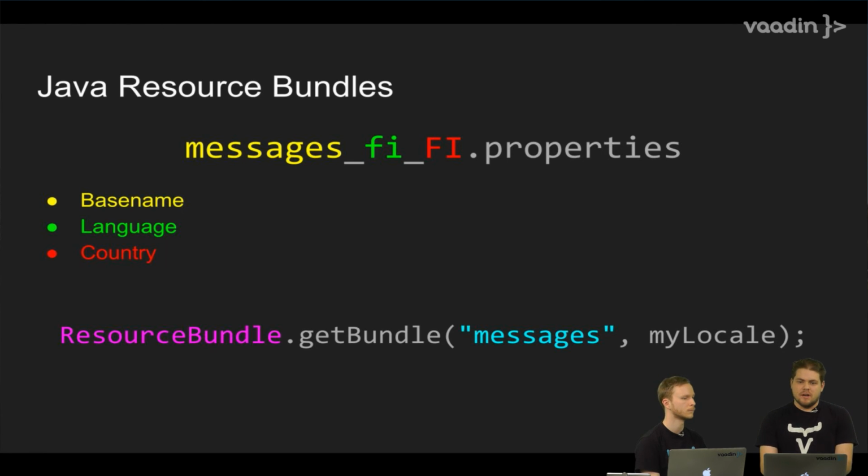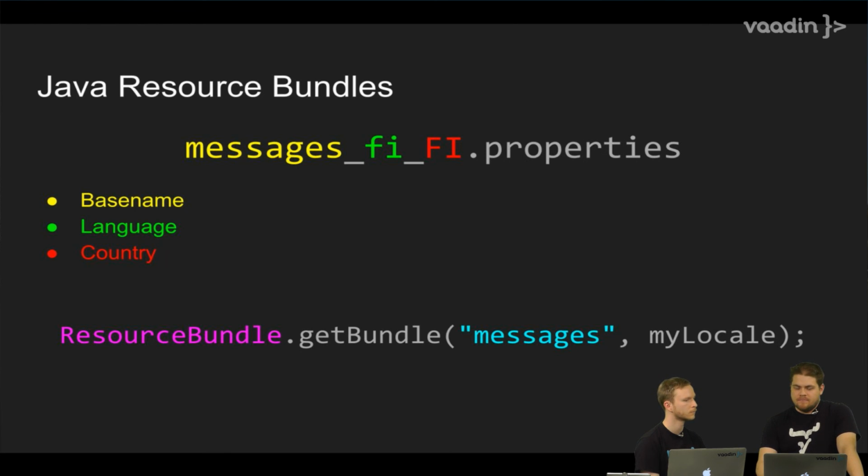So for example, if it doesn't matter which country you happen to speak Finnish in, you can just use FI for the Finnish language. When you invoke this code, you use the getBundle static method of the ResourceBundle class, and you pass in only the base name of the bundle. Java will then find the correct file based on the locale you specified. If the locale we specify is not translated, then it will default to just messages.properties. So we could always have a default language without any language or country information, and then the translations would have their own